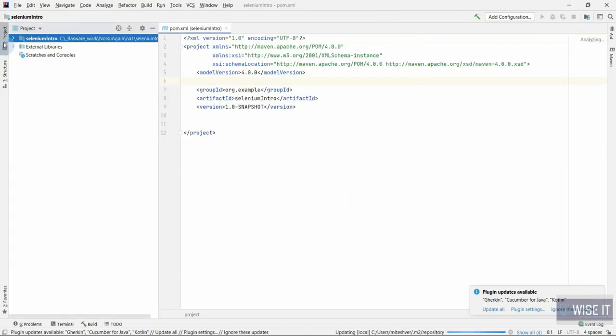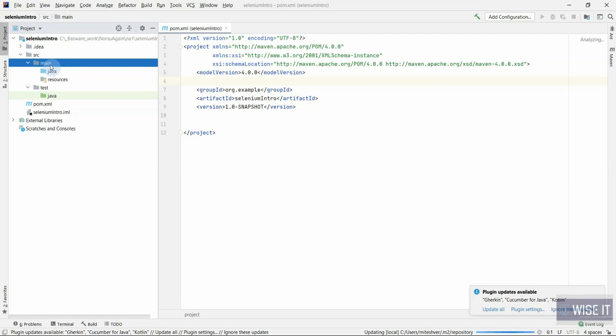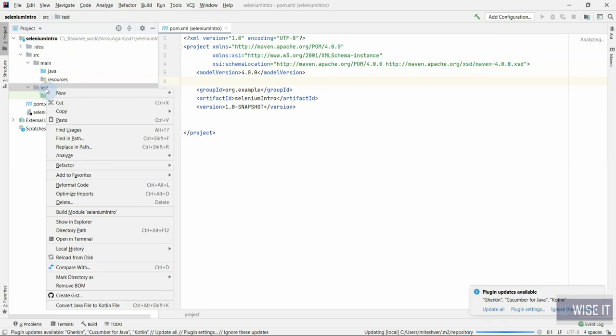So first step, just click on this project. Here it will show you your Selenium intro project. Just expand it. So this is the basic structure of Maven project. So उसमें क्या होता है, you have a main folder, and inside the main folder you have a Java folder and a resources folder, and under the test folder you have a Java folder and a resources folder also if you require.